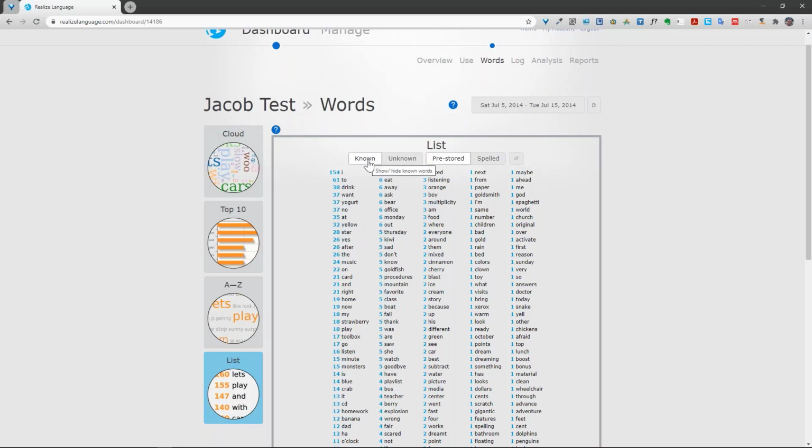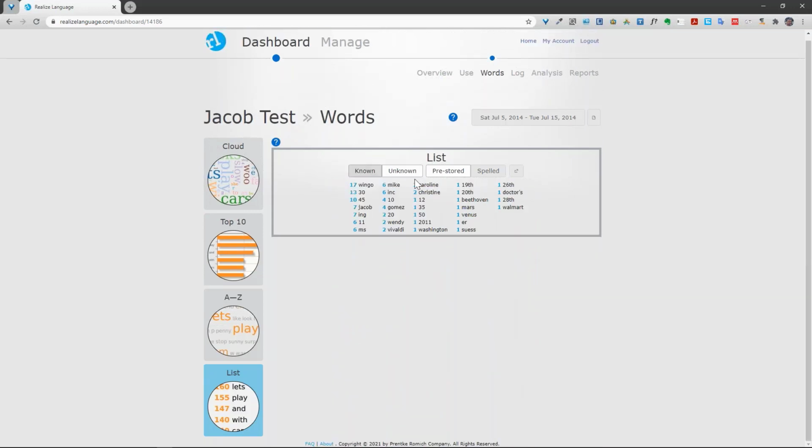However, if I just toggle here, I'm going to click on this and it'll toggle now to unknown. It's now showing me words that are pre-stored. Somebody's put them in the device, but they are unknown. And what unknown means is the dictionary doesn't recognize them. And the words that we don't have in the dictionary are what I call the 3 Ps: people, places, and